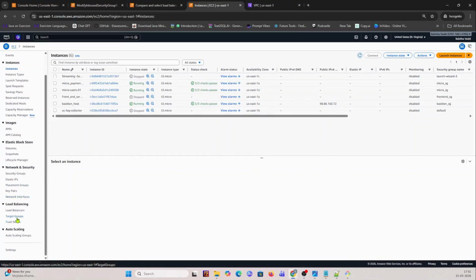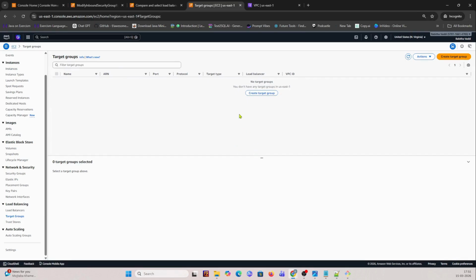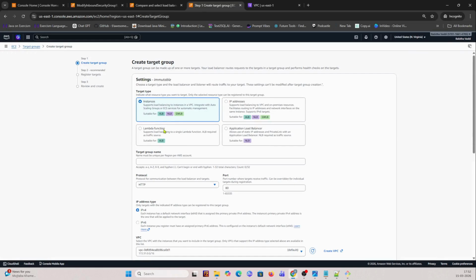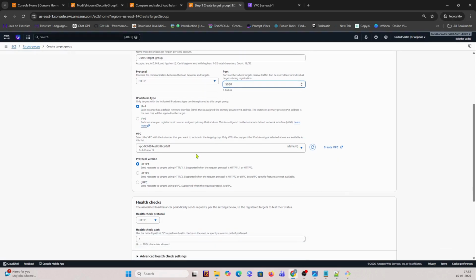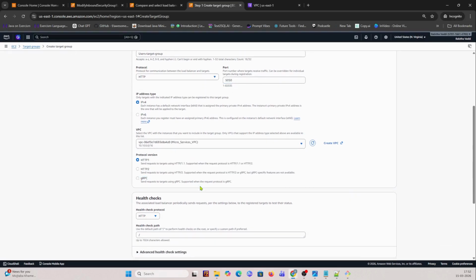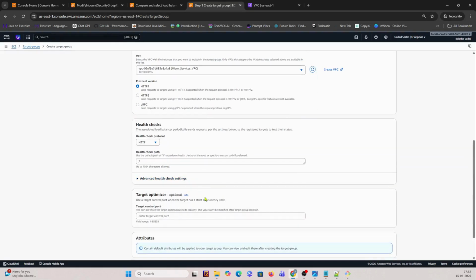So let's select the target groups, and we'll create one target group. So basically we have to create two target groups. One target group holds the slash user path and that microservice, whereas another target group holds the slash payment services. So we are going to create two target groups. The first one is the user target group, and the port where we are hosted is 5050, right? So we'll select HTTP port 5050, select the VPC as private,